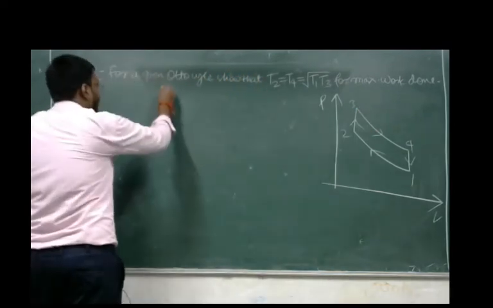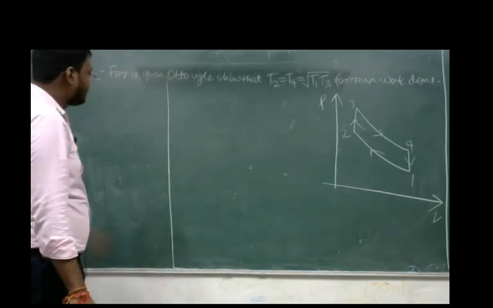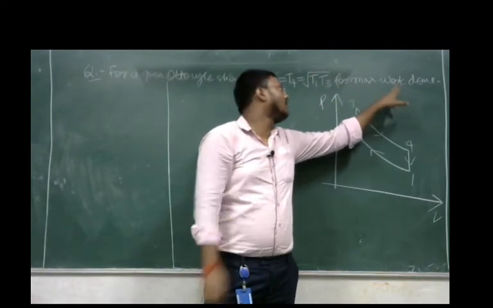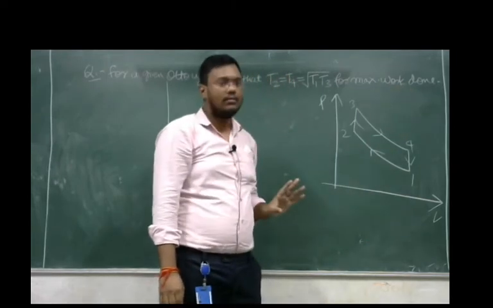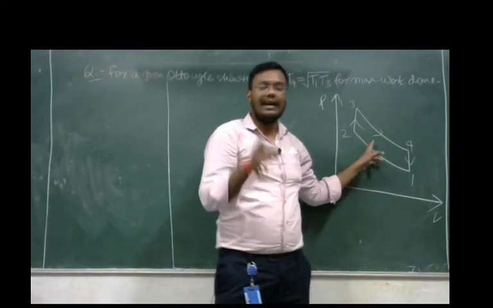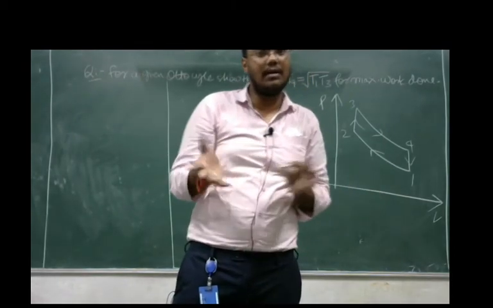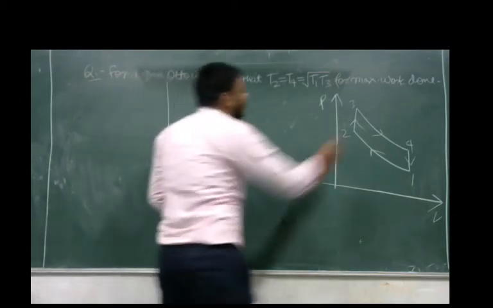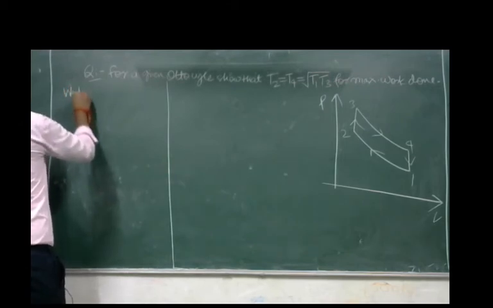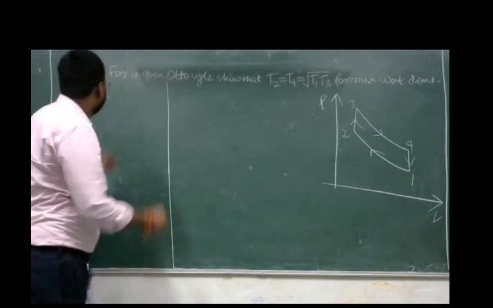So I am going to start here. We have to prove this, but for the maximum work done condition. So first we need to find the work done in the case of the Otto cycle. When you find the value of work done, then maximize that value. We know the condition for maximum and minimum. We have discussed earlier that net work done is equal to heat addition minus heat rejection.